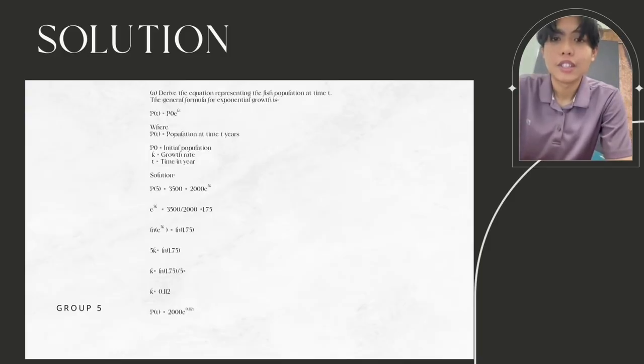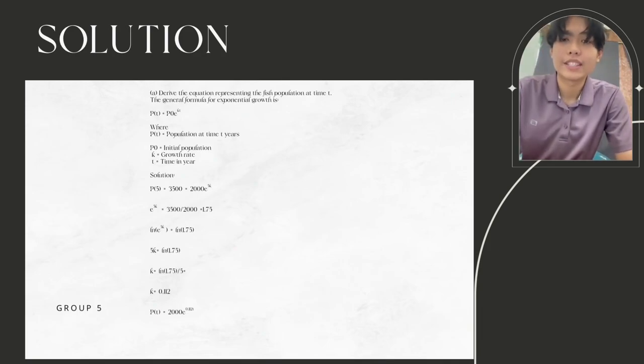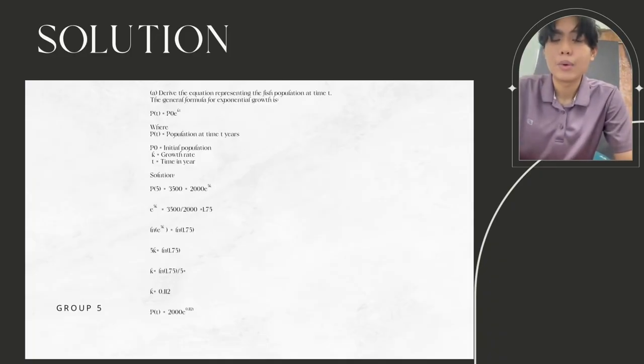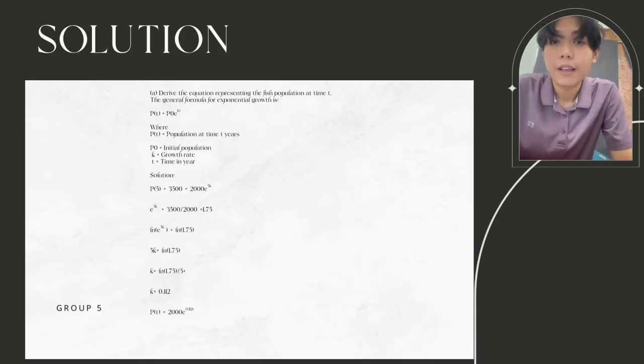This is our solution for part A. First question is, we need to derive the equation representing the fish population at time t. So we need to create the general formula for exponential growth, which is P(t) equals P0 e to the power k times t, where P(t) is population at time t years, P0 is initial population, k is growth rate, t is time in years. For the first step, we substitute 5 into t, so we can get